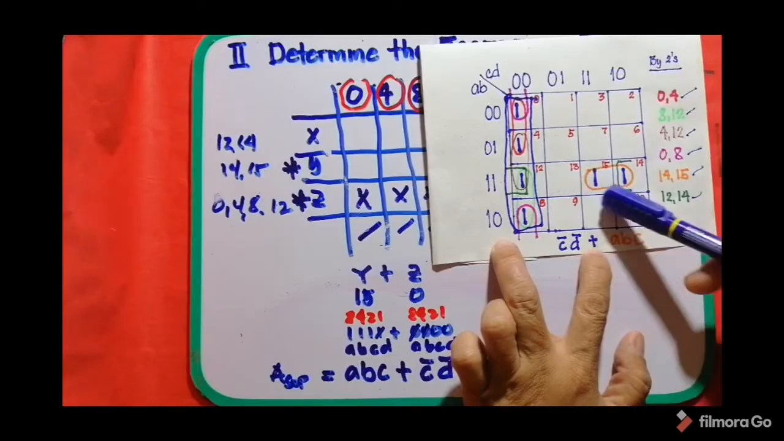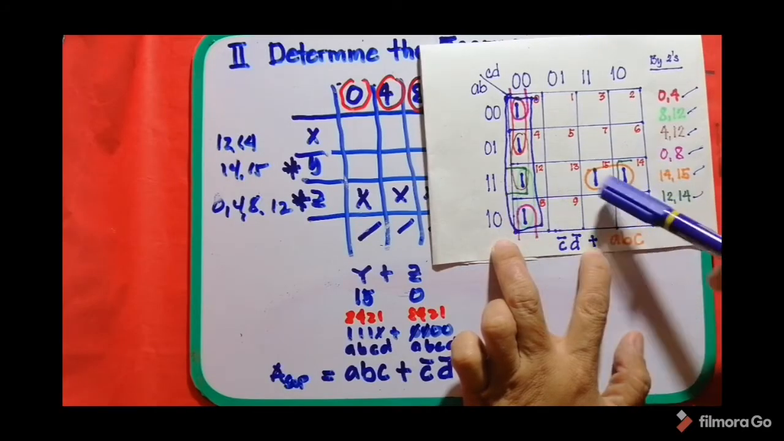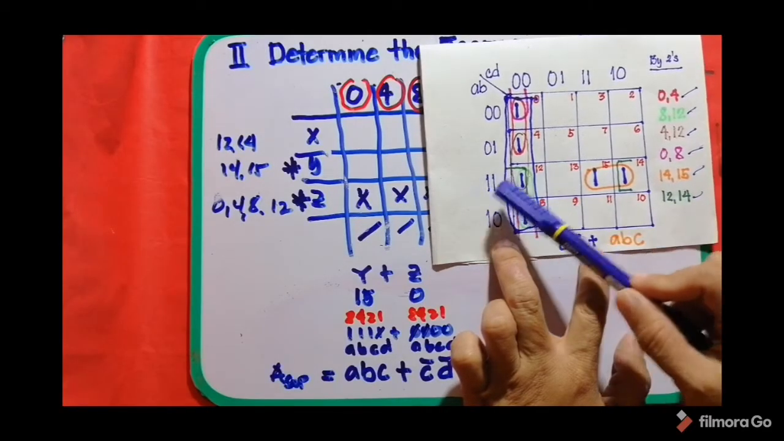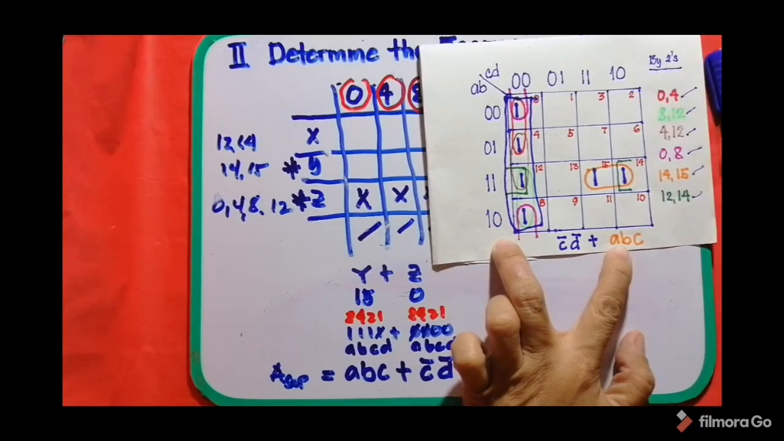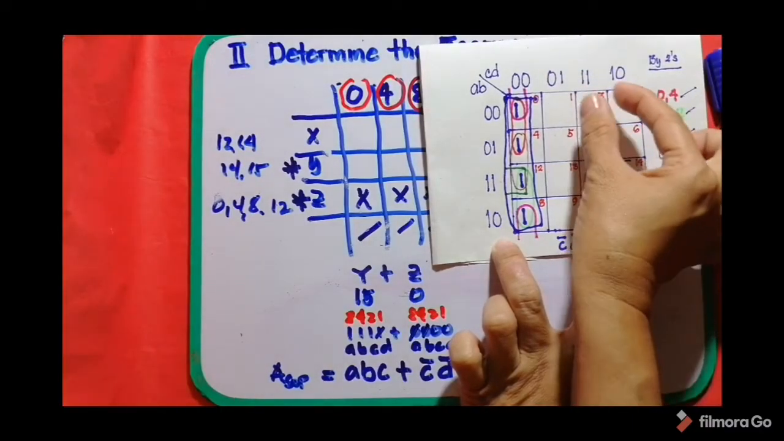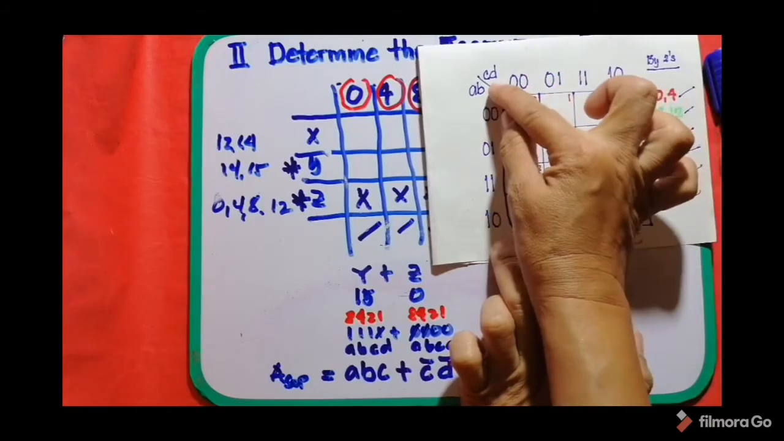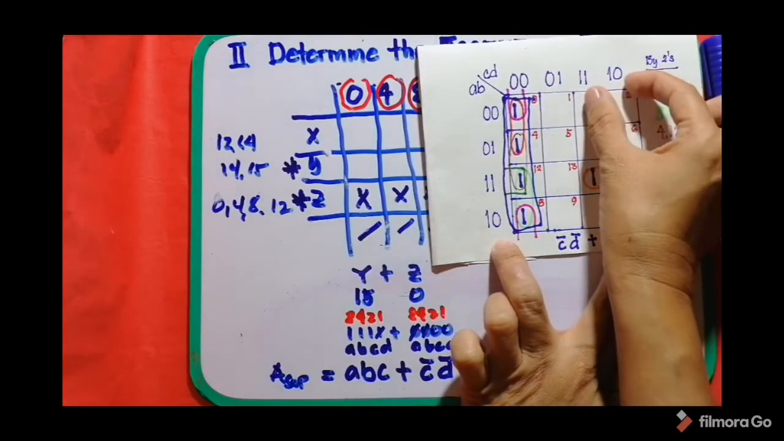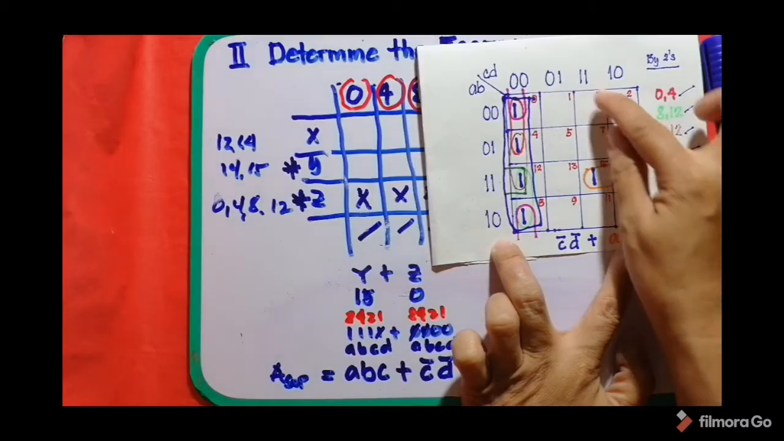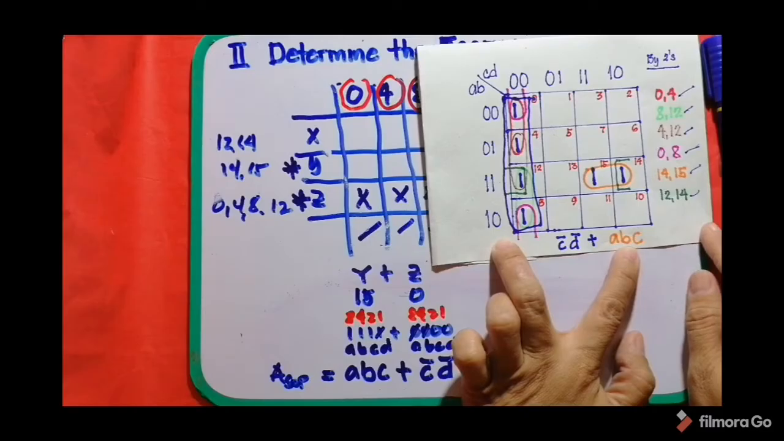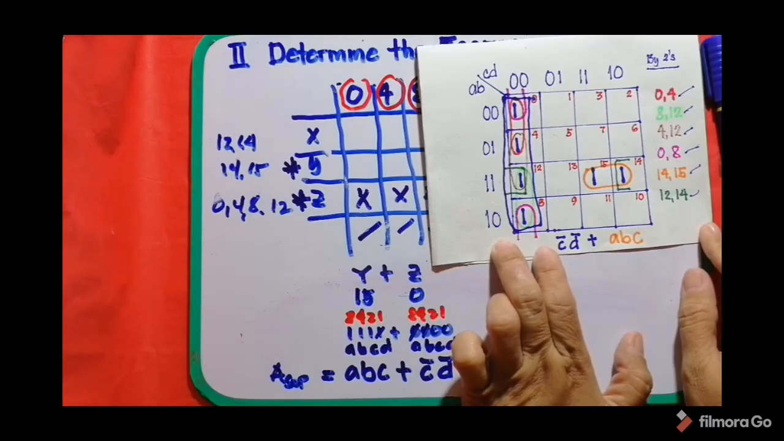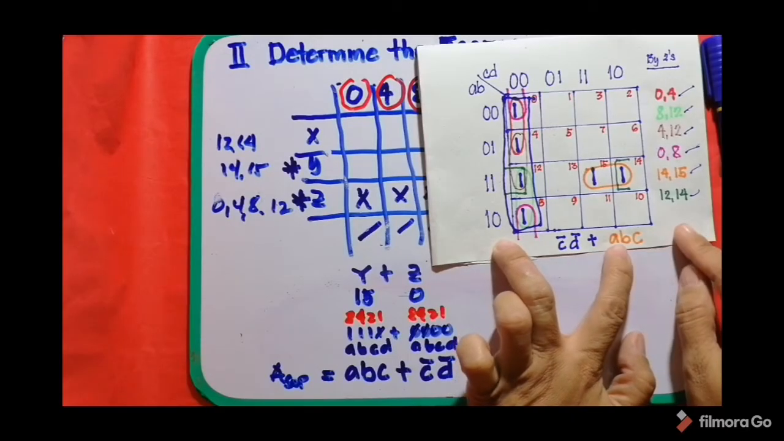Plus, the orange group here only covers 1, 1, so therefore this is A and B. Then for column CD, it occupies 2 columns, 1, 1 and 1, 0. So 1, 1 here, that's 1, what says C, so therefore that's C. 1, 0 here is cancelled, that is for D. So the answer is only C. So the final answer, the SOP equivalent, would be not C and not D plus ABC,